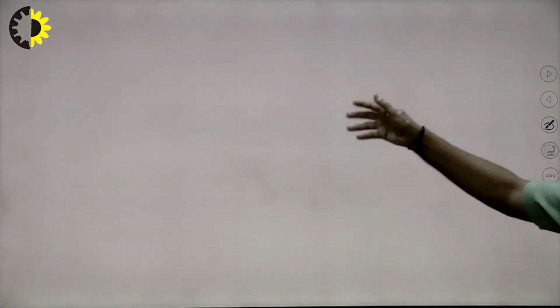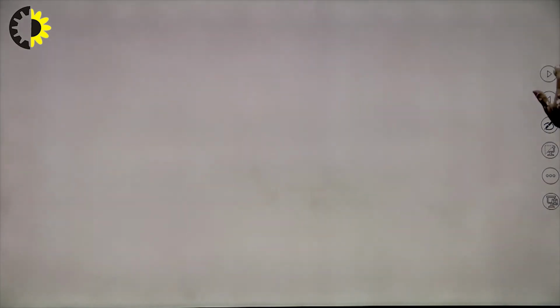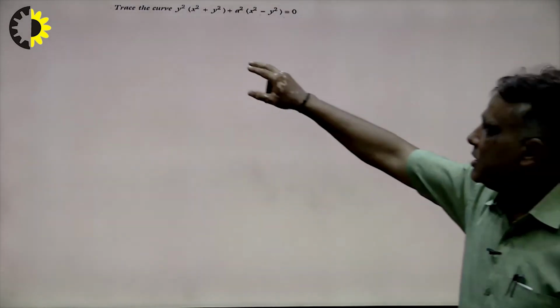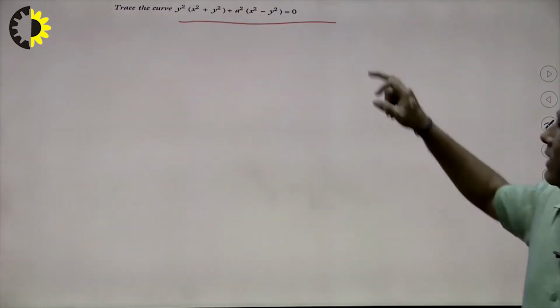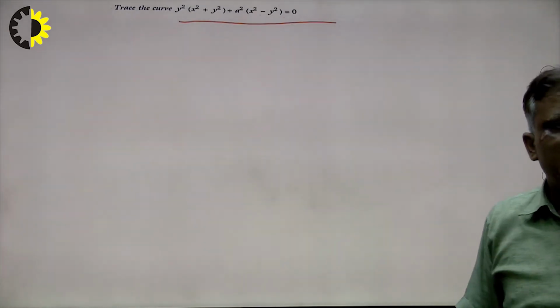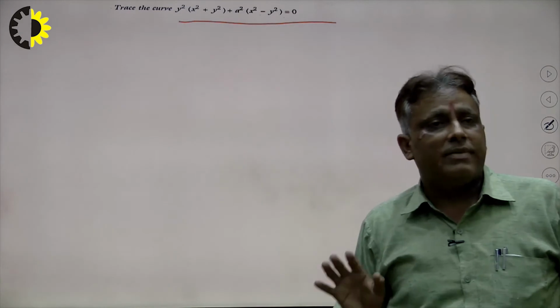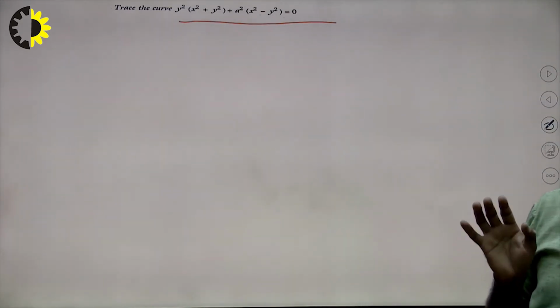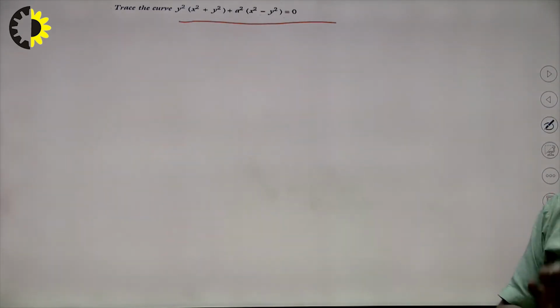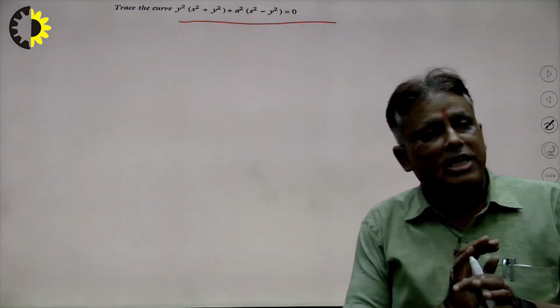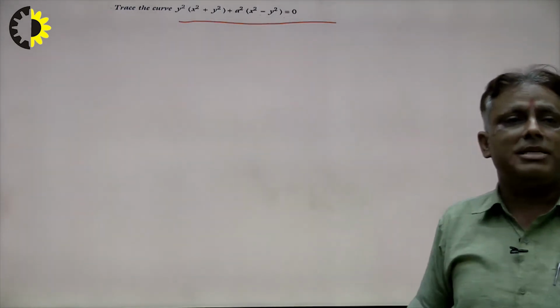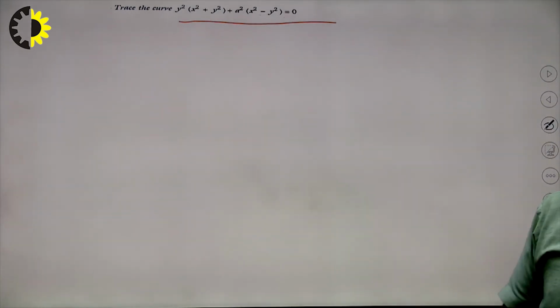Suppose I have another problem, right, what is the problem? Problem is this, y square x square plus y square plus a square x square minus y square. Question is that how to trace the given curve. It contains even power of x as well as even power of y, and on replacing x by minus x and y by minus y there is no change in the curve, that means the curve is symmetrical in opposite quadrants, first and third quadrant.